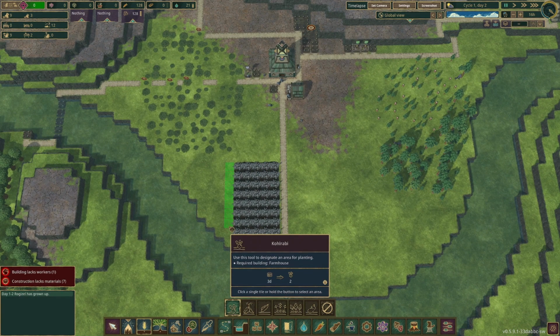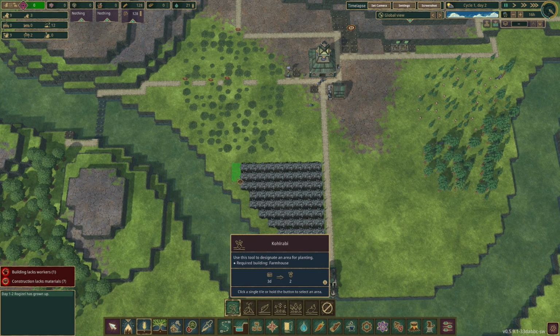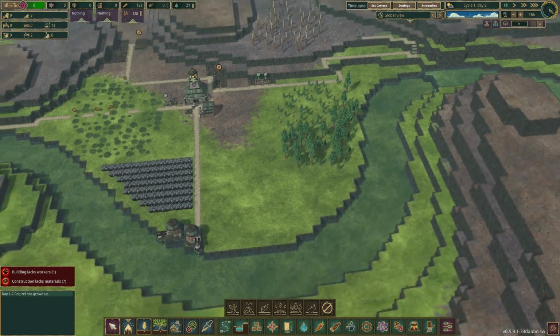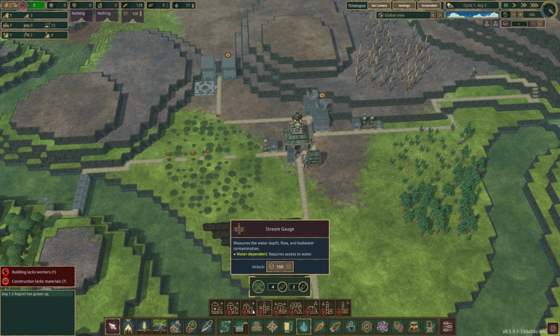Let's see, we can do this, and then I'm just leaving a gap here for now if I want to maybe build a wall around this part so that I can have a higher water source or river or whatever, I don't know. Or I can put the fancy smancy